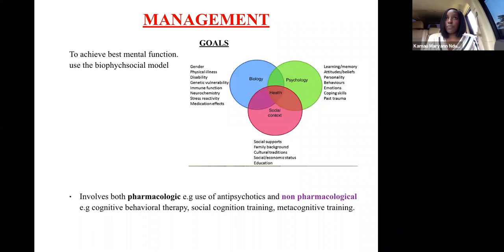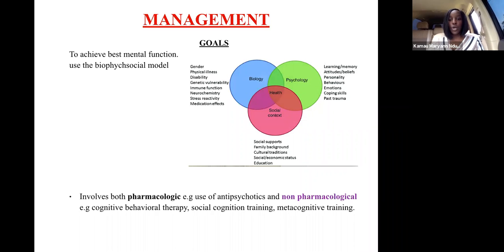For the psychology part of blood pressure, when you have stress, your blood pressure tends to go high. What are the behaviors that feed into high blood pressure and all that? And then for the social context of it, what is the family background? Do you have a family history of the disease? What are the cultural and tradition, social, economic status, education? All those factors come into play when you're trying to define a disease, and also affect how you're going to